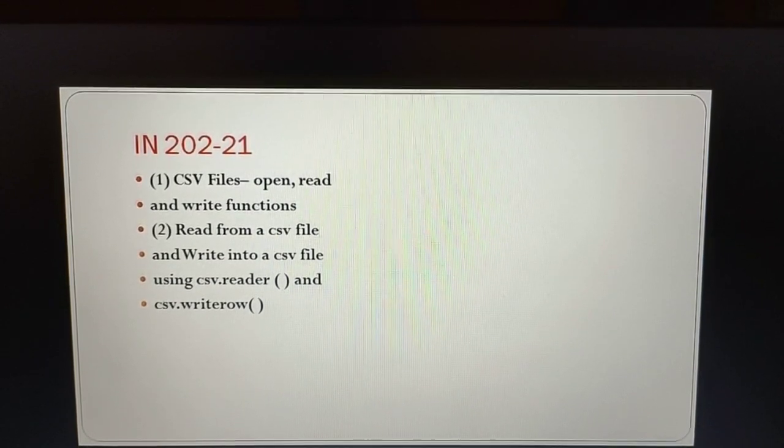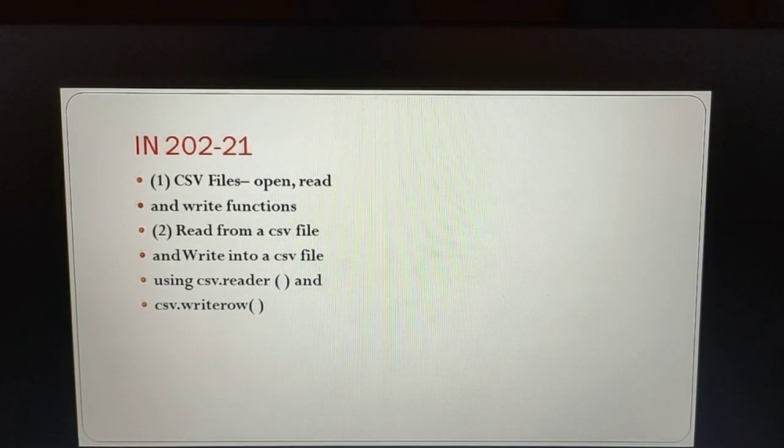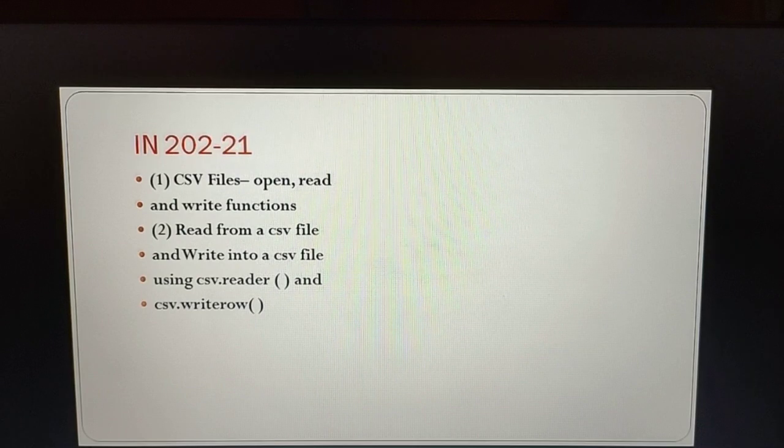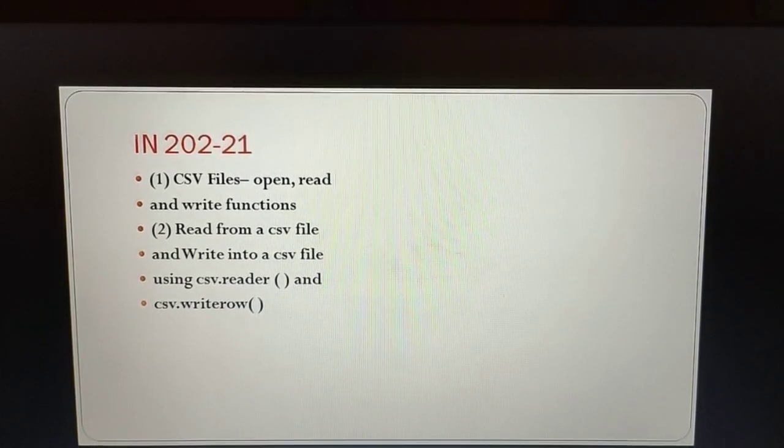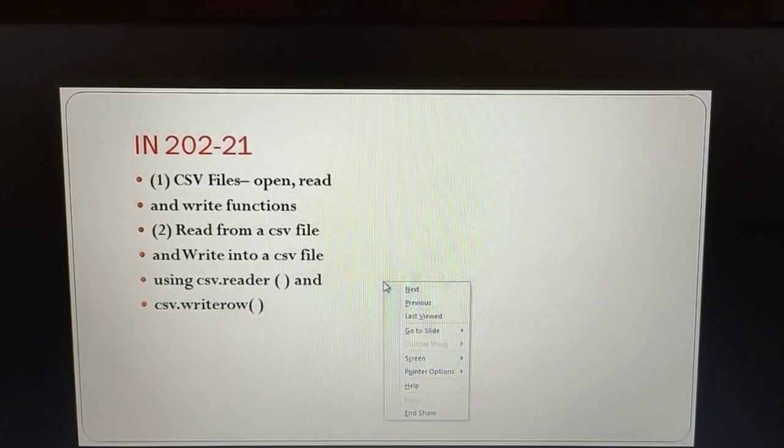Actually, this is also in the Python syllabus of IP, so don't confuse, both are different. In CS, they want to use the reader function and the writer function. So the IP and CS syllabus functions are different. Okay, so this is the revised syllabus.